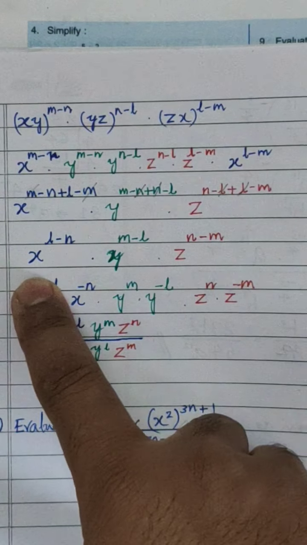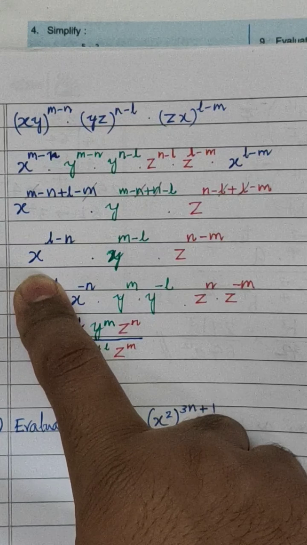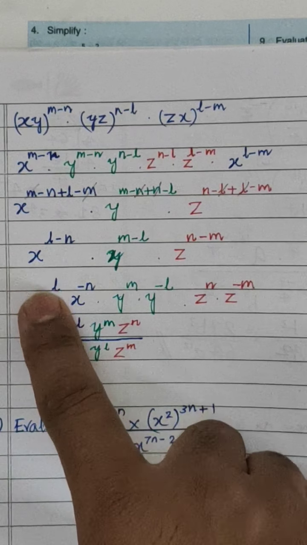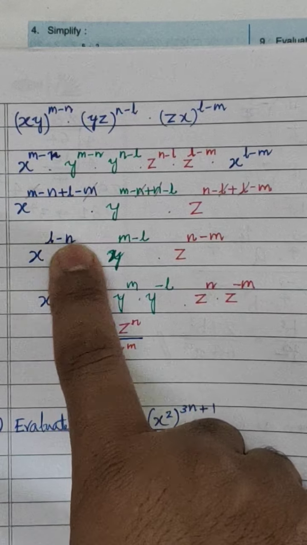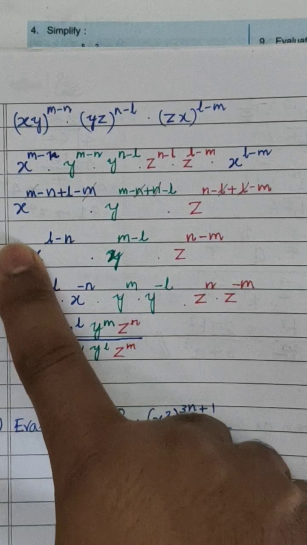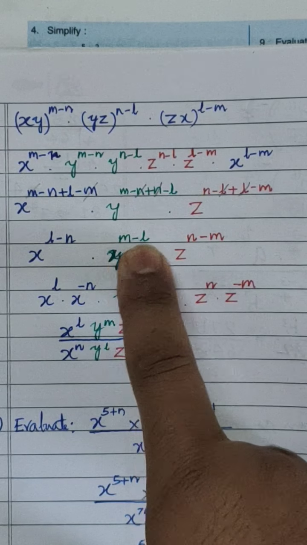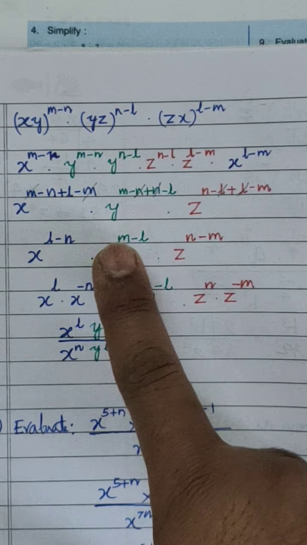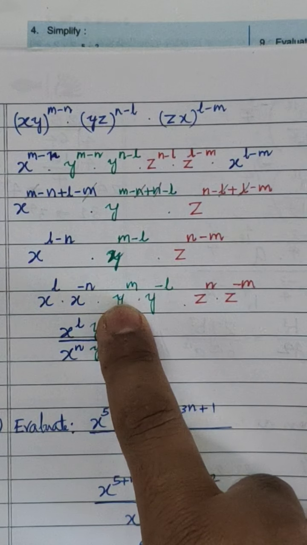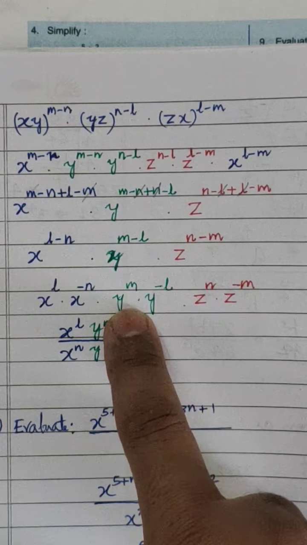So we can reverse this. We know that a to the power of m into a to the power of n is equal to a to the power of m plus n. When we have a to the power of m plus n, we can write a to the power of m into a to the power of n. Same way we can dissect it, express in this form x to the power of l into x to the power of minus n. When you do this, you should get back this x to the power of l minus n. So we are doing it in the same way. The y to the power of m minus l can be written as y to the power of m into y to the power of minus l. You are reversing the formula here. When we have y to the power of m into y to the power of minus l, we were doing y to the power of m minus l. So we are doing this way.